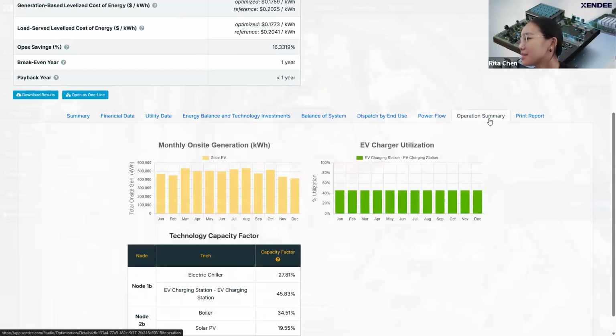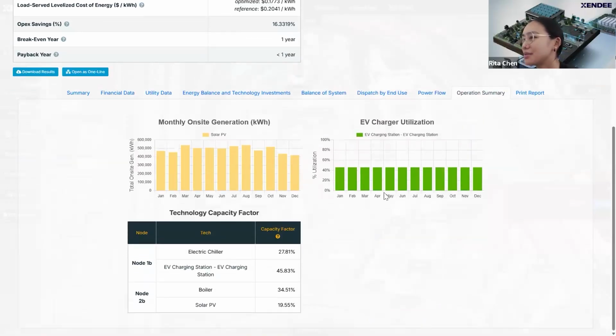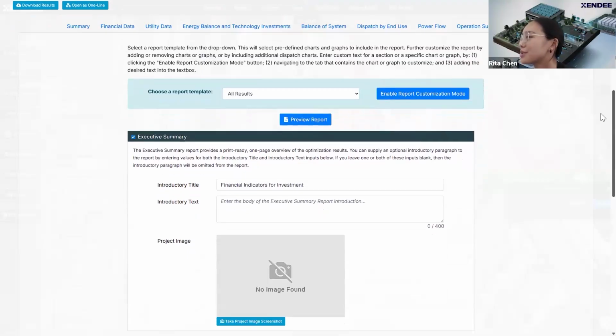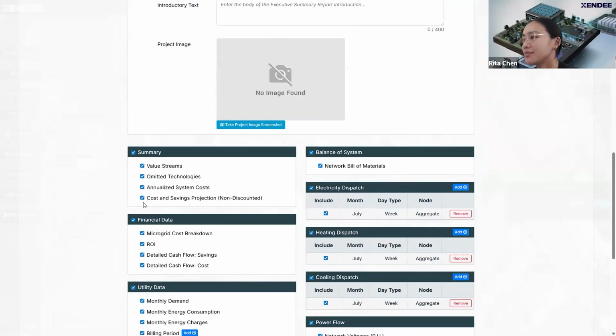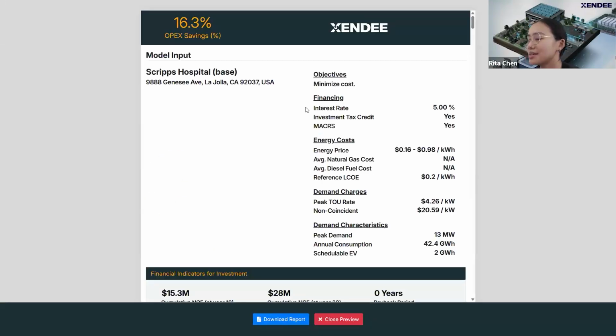And then lastly, we are going to have our operation summary tab, which just summarizes how much your on-site DERs were working over the year or how much they were utilized. And lastly, we have our print report tab, which allows you to customize as well as download a PDF report of this optimization. So you can customize your reports and enable or omit things or charts that you want in your report. And if you click preview report, you're going to get a nice printable version of your optimization with